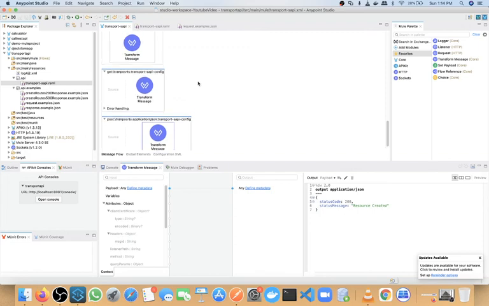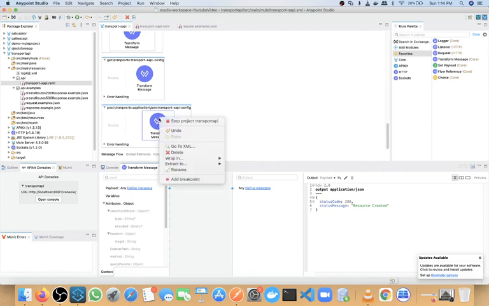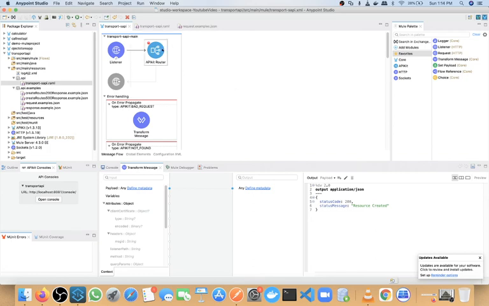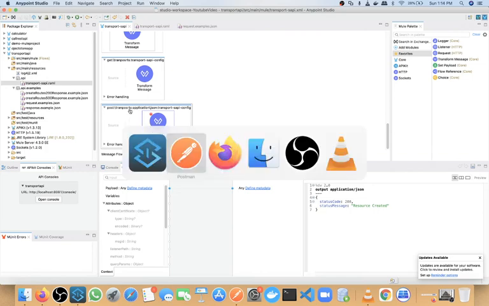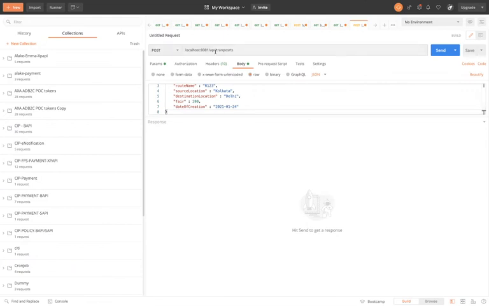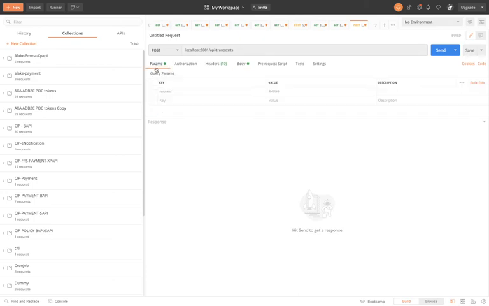If you want to see whether the flow will come here or not, I will add one breakpoint here. Once I call this API, control will come here, this process will execute, and we will be able to see this response in the final response. This resource we are calling, post and transport. The body and header we configured already. In query parameter we don't have anything. Fine, I will call it now.